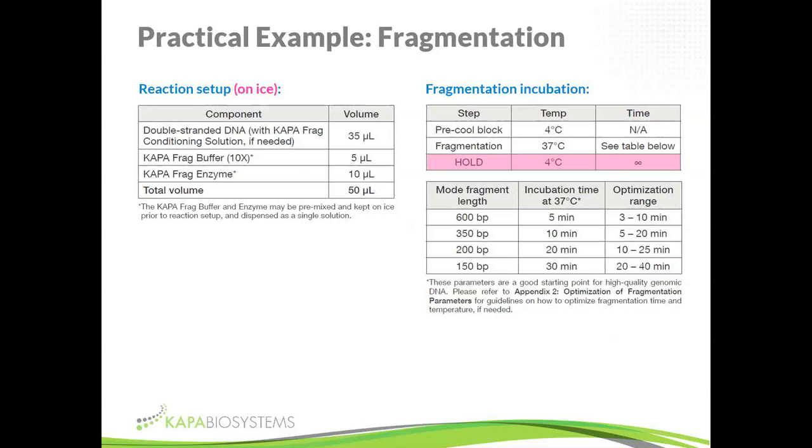Mix nicely. You can vortex and spin; there are no components in here that can't be vortexed. We use that all the time. We'd rather vortex quickly and spin down in a picofuge to make sure things are properly mixed than sit pipetting up and down hundreds of times. If you're using single tubes, it's easy to do that. If you're doing things in plates, then obviously pipetting up and down with a multichannel pipette is better. Then you can set up your fragmentation incubation. The reaction itself is very simple. It's basically just an incubation at 37 degrees. But again, to make sure that things are consistent,